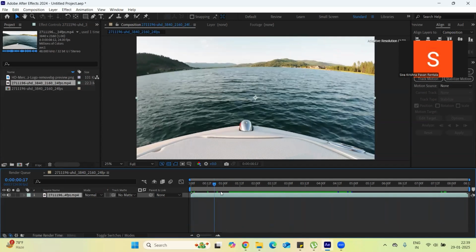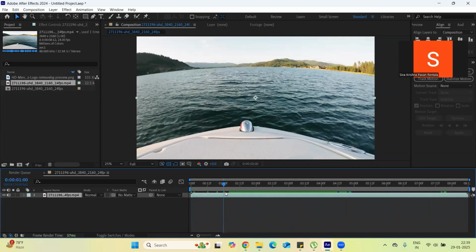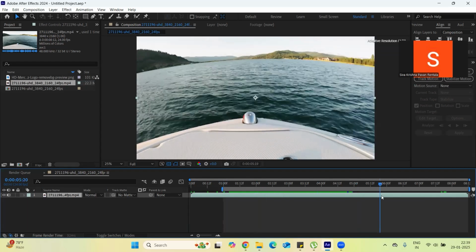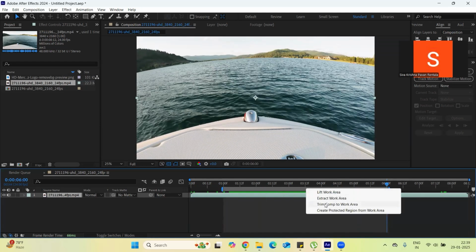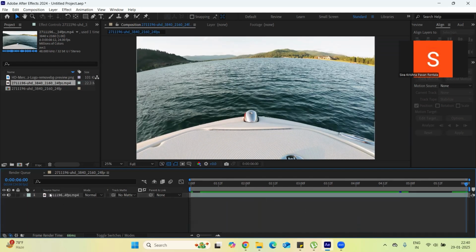Let's start. Maybe I'll start from the first second. Press B on the keyboard for the beginning, and I'll go to around 5 or 6 seconds, and press N on the keyboard for the end. You can see B for beginning and N for the end. Right click in between and use the option called Trim Comp to Work Area. That's good. Once it is done, go to the Window tab, and